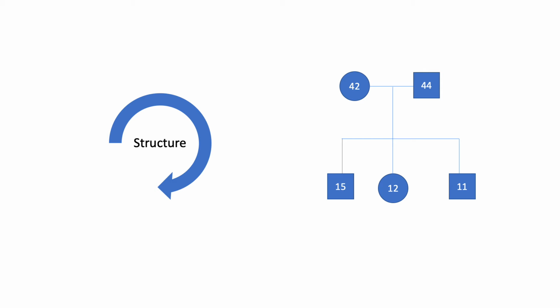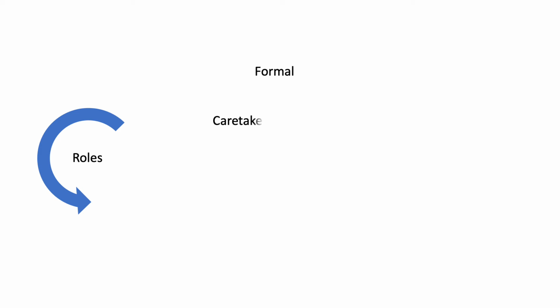Combined, ecomaps and genograms can help practitioners visually identify the structures within families and potential patterns. Roles are another relevant feature of family life, in that family roles provide indications to family members of what their responsibilities are, as well as how to interact in the family and with the outside world.